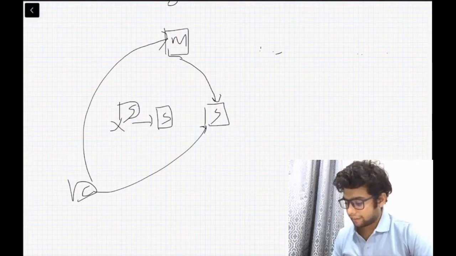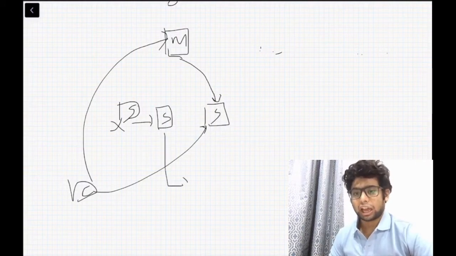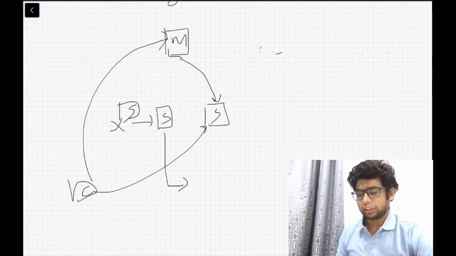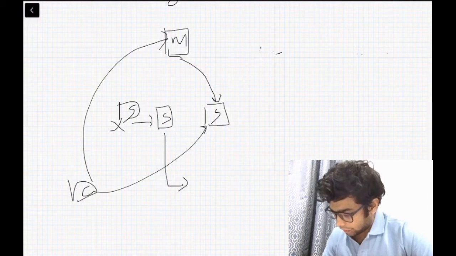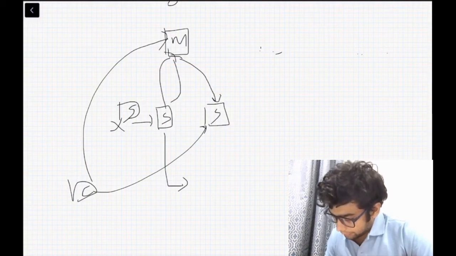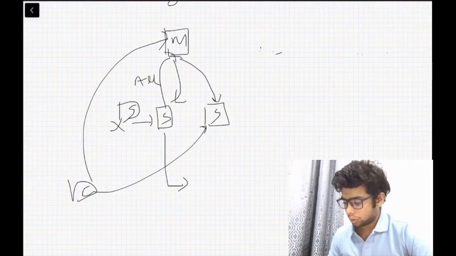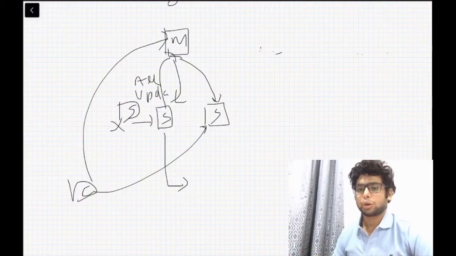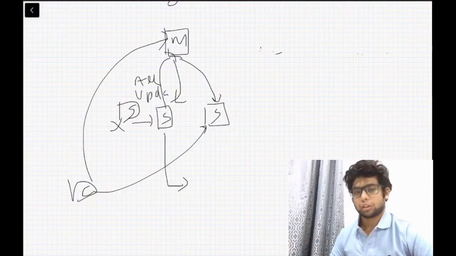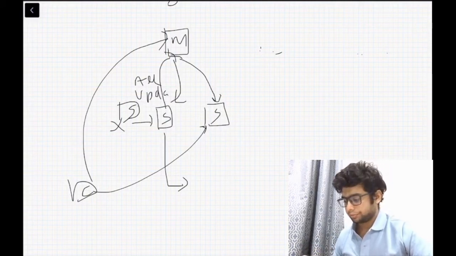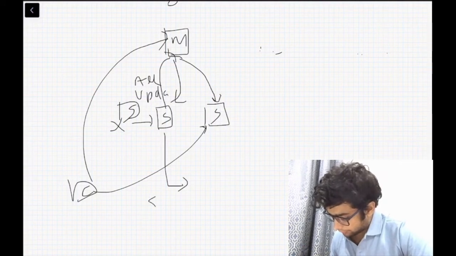This slave would have a timestamp of the last replication that it did from the master. Then it will request the master again for all the details. So it will ask the master, give me data, and the master would give all the updates to this slave, and then this slave can start working as usual because now it is up to date with the master. So this is slave failure.